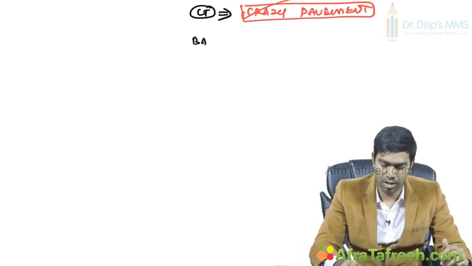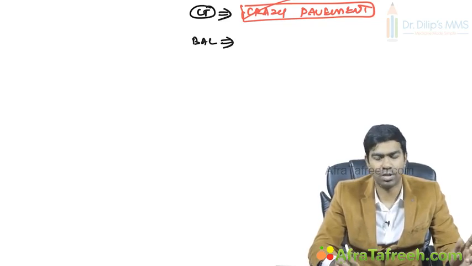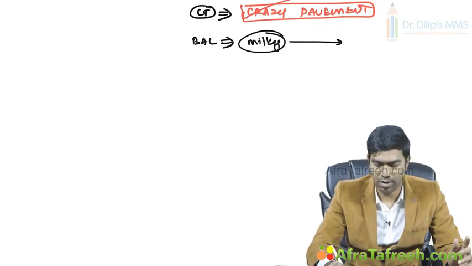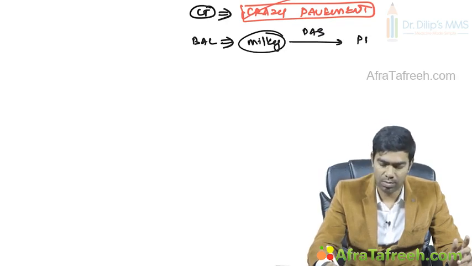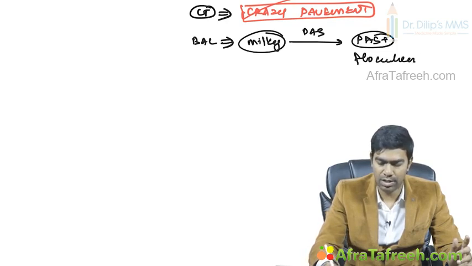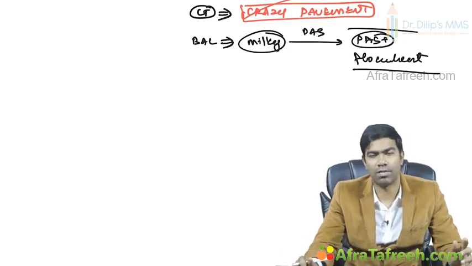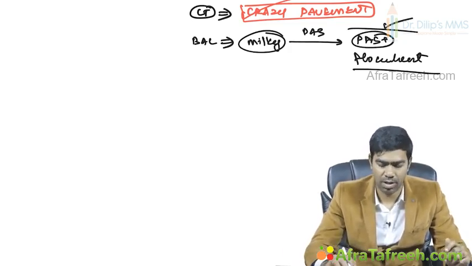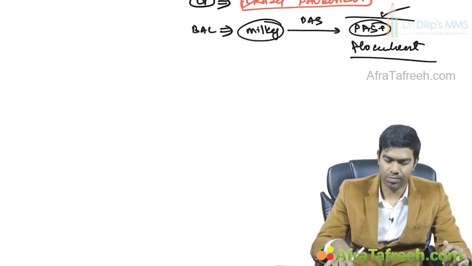That's why this point is important. Apart from that, BAL, if you do, will definitely clinch the diagnosis because you're going to see this milky appearance of BAL, and when you stain with PAS, you're going to see PAS positive flocculent opacities inside and outside the macrophages. So much of that will be there in the BAL fluid. So this is very, very characteristic of pulmonary alveolar proteinosis already. Remember,